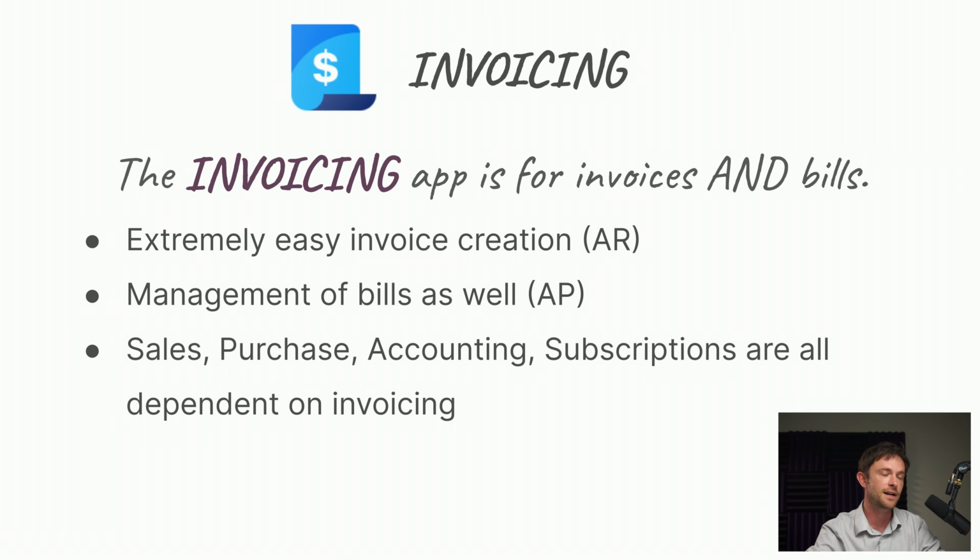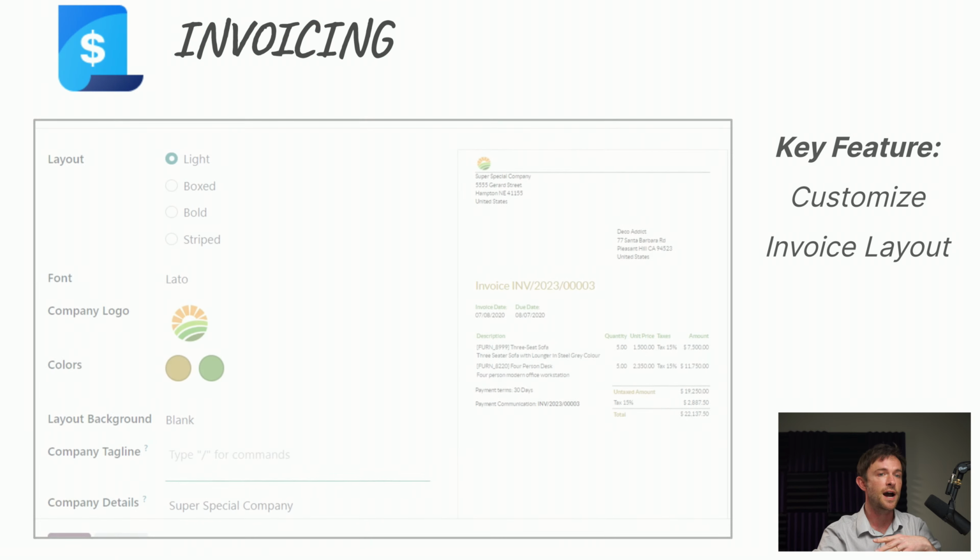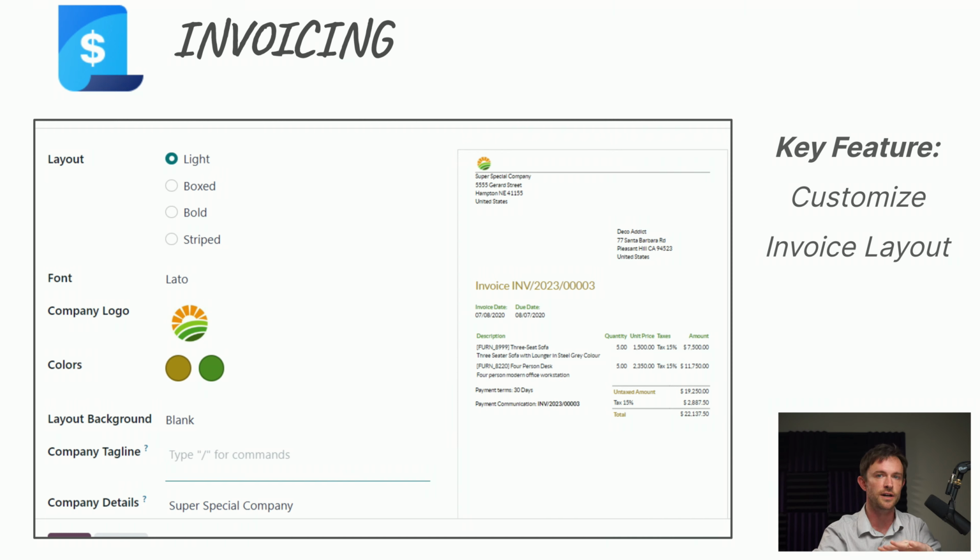It's also important to highlight that in Odoo, many apps require invoicing in order to work. So sales, purchase, accounting, they're all kind of based off of invoicing. So it's very fundamental. As a spotlight feature, I really like the configure your document layout wizard, if you want to call it that. So to show what an invoice is actually going to display like when you send it